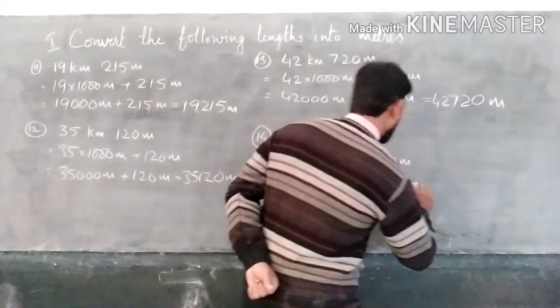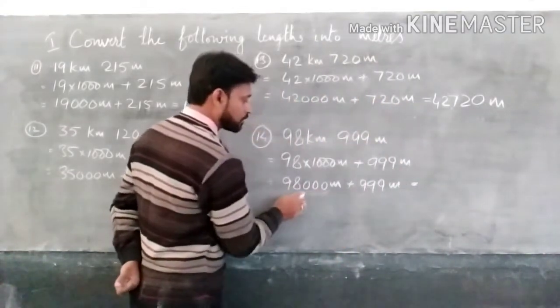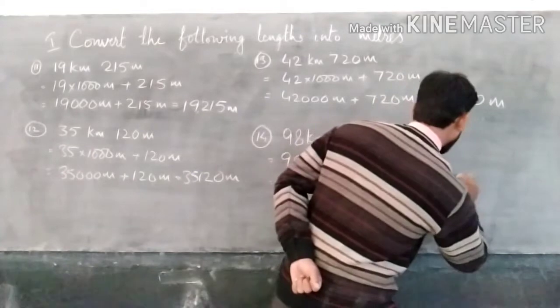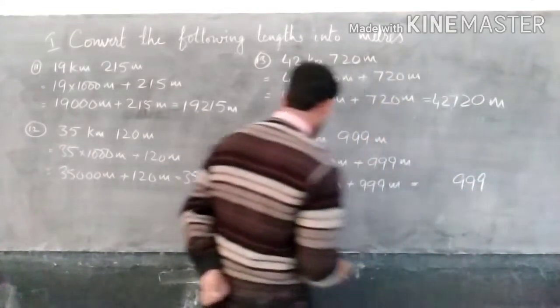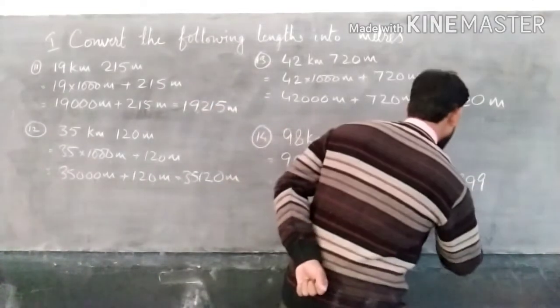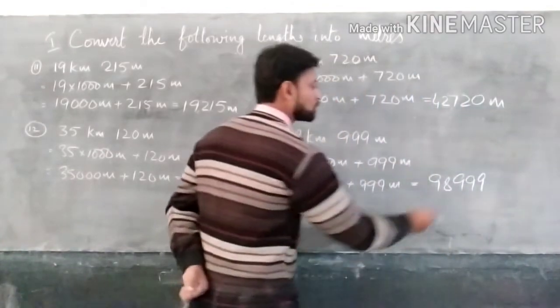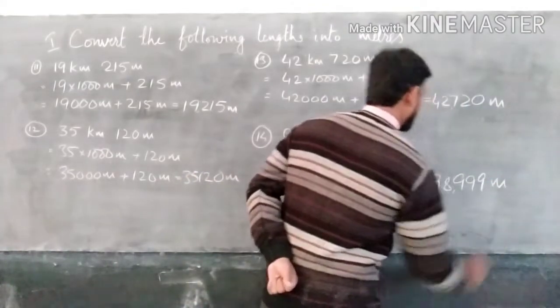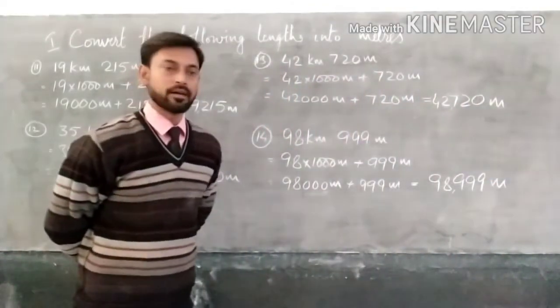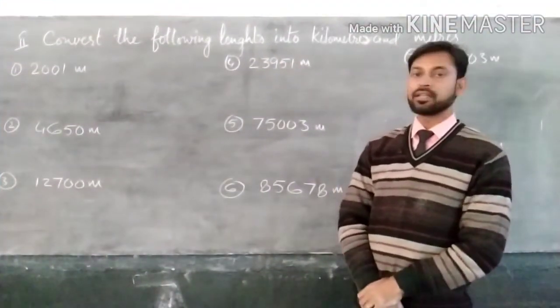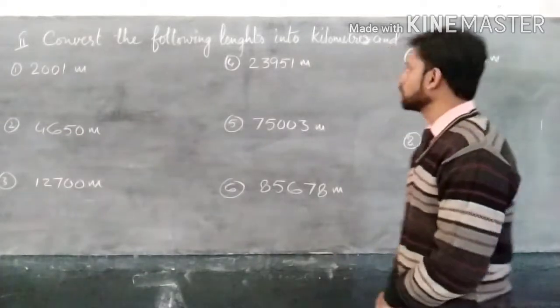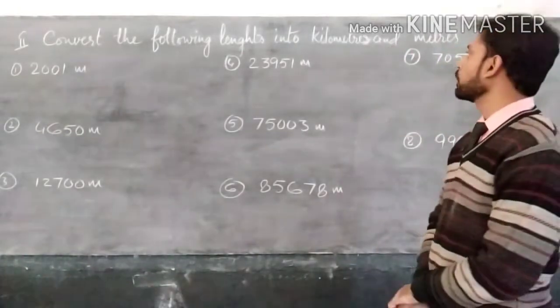You can add directly 3 digits and here 3 zeros, so you can write directly 999 and 98. So this is 98,999 meters. Now let's see the converse part, that is we have to convert meters into kilometers and